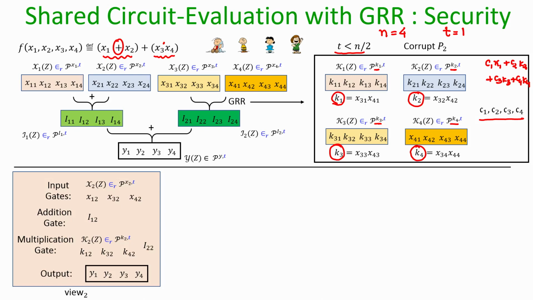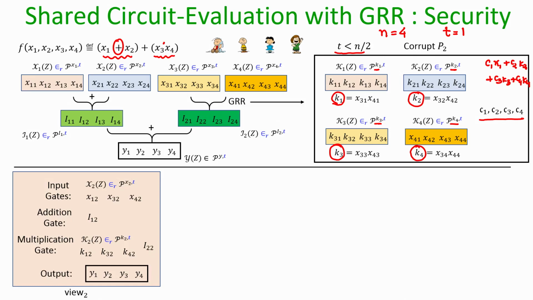So, our protocol should satisfy the privacy property even if P1 is corrupt or P2 is corrupt or P3 is corrupt or P4 is corrupt, and even if it is computationally unbounded. And we have to formally prove that the corrupt party does not learn anything additional beyond the function output and the inputs of the corrupt parties. Whatever it could infer from those two things, apart from that nothing additional should be revealed.